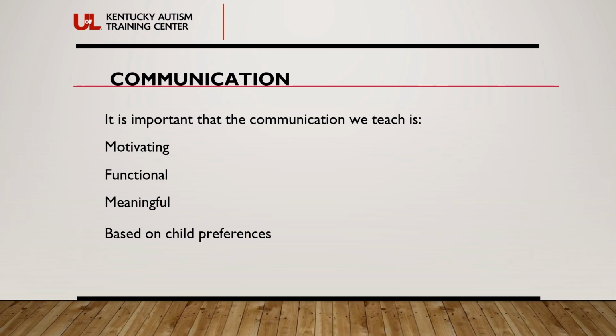If I'm thinking about this from my classroom perspective, I am looking for what kinds of things this child gravitates to. If I turn them loose in my classroom and I'm not placing any demands on them or asking them to do anything, I'm thinking about what kinds of things they go to. Do they go towards the blocks? Maybe they gravitate towards the iPad. Maybe there's a specific game there that we could start communicating about. Maybe it's an early childhood student and they gravitate towards the block center, and so maybe we could communicate about blocks.